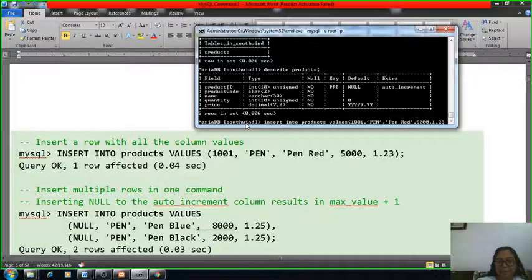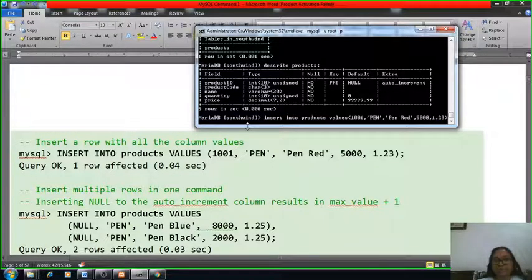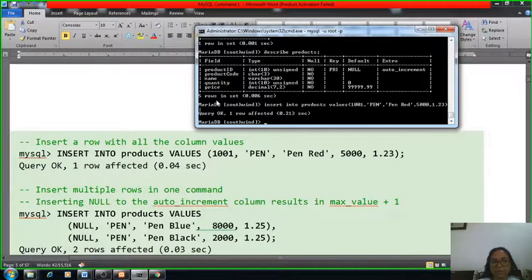So now completed. Whenever we want to insert the data inside the tables, you have to follow the attribute numbering, meaning the attribute sequence. First is your product ID, so you have to take the data for the product ID, then product code, name, quantity and the price. This way you have to insert the data. Now we have completed these things. Now semicolon and enter. Okay, so one row affected means we have inserted the data.